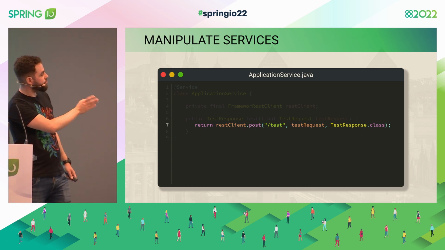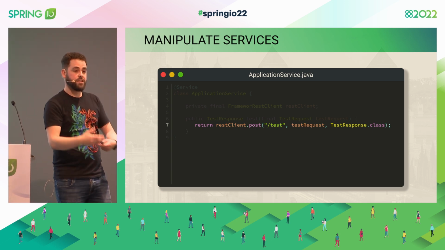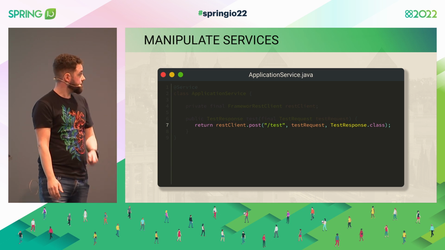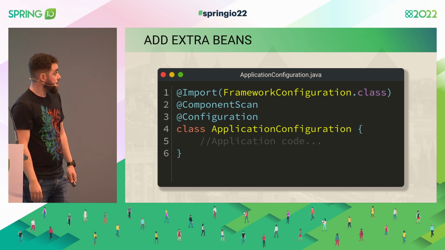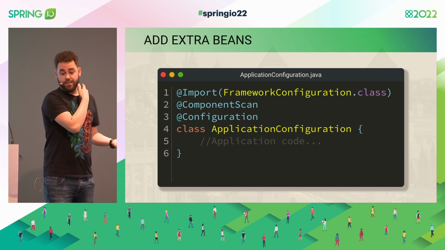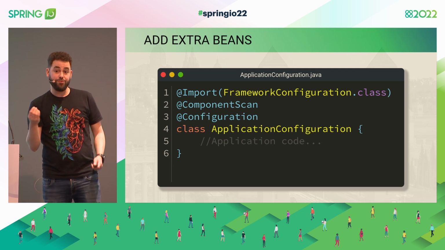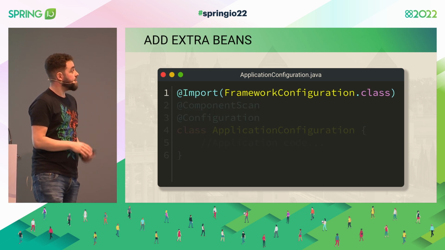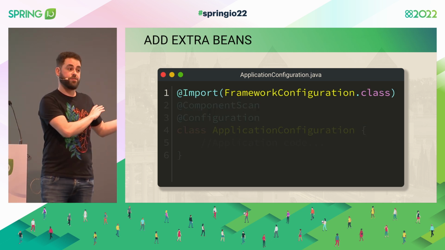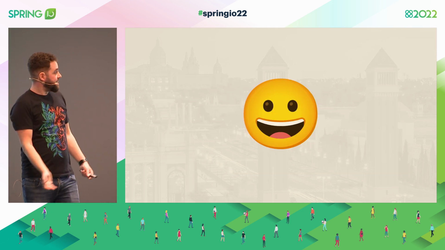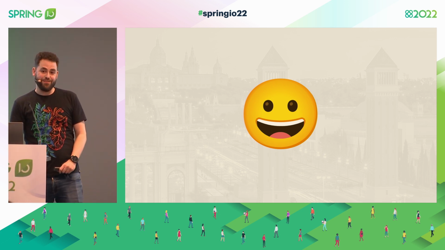So now when I want to do a post, I just call its method, send the API it's expecting, and it will just do the magic for me again. And of course, we are adding this REST client to the context. We might be adding other stuff, so we need it in the context. In order for that, just kindly, please, on your application, import our configuration. And that's it. It just works, right? And this is more or less the developers at this stage.